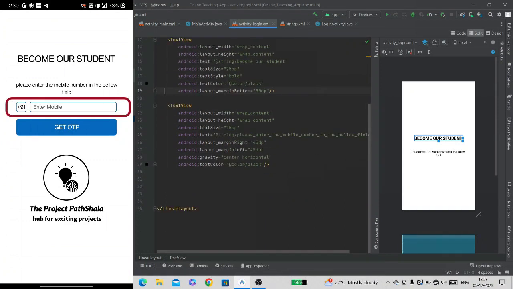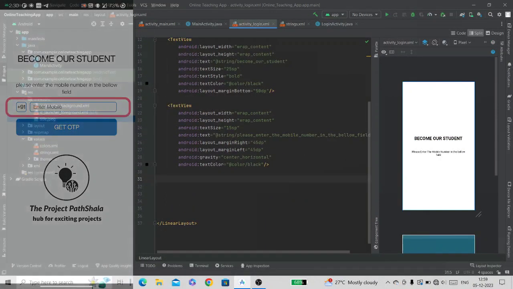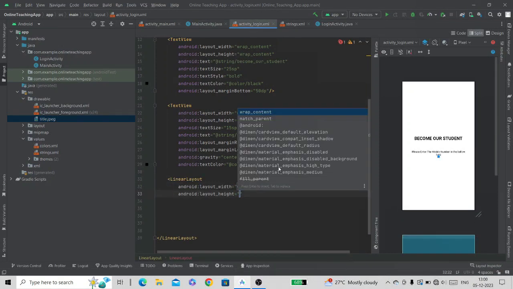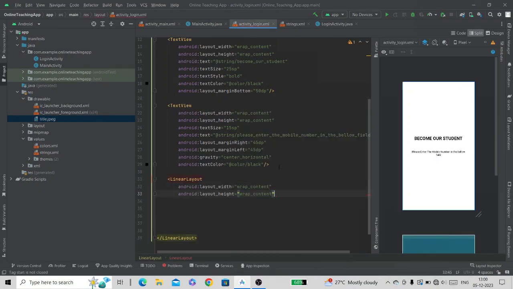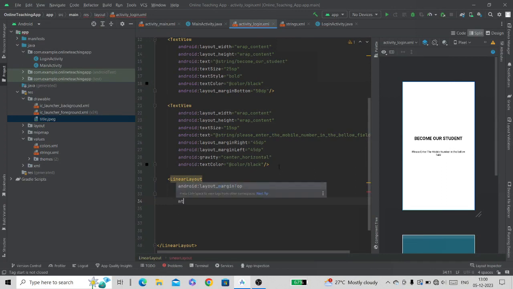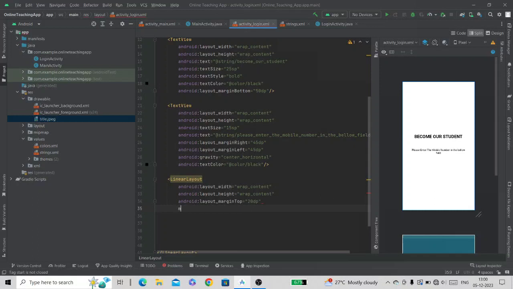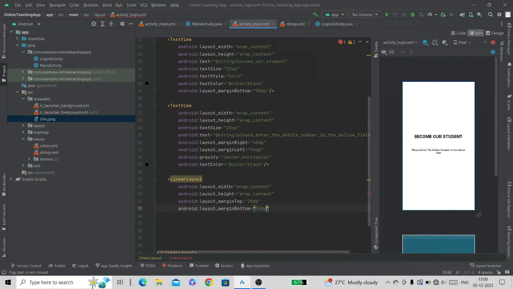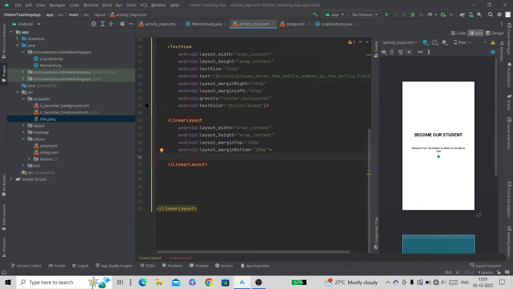Therefore, after the second text view, we will add another linear layout. Width will be wrap content and height will be wrap content. Margin top 20 dp, margin bottom 20 dp.